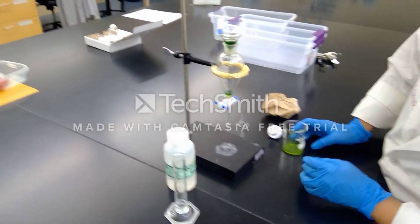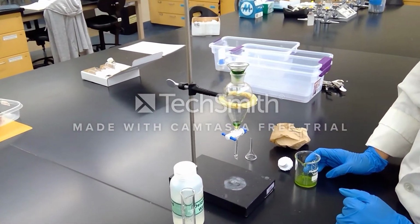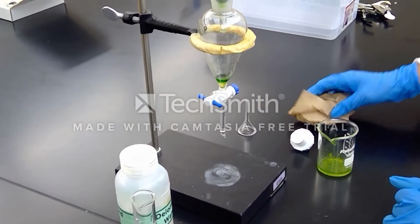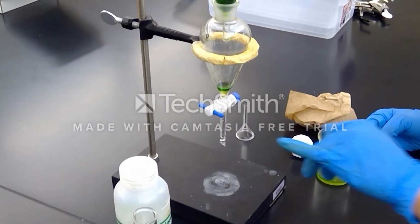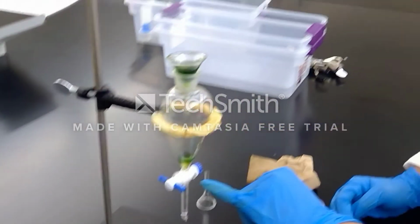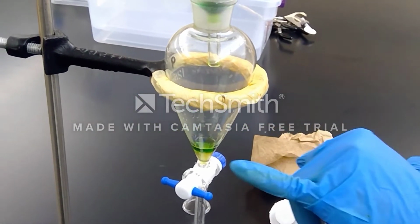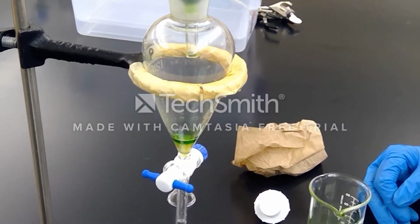Okay, and if you notice down below, we are already getting a little bit of a two-layer system down there. There was a small amount of methanol in this extract, and methanol is much more miscible with water, so there were some droplets of water in the separatory funnel, and we see the methanol and the water joining forces over here in the bottom layer. The top layer is definitely your hexane, since it is the least dense of all of the liquids that were